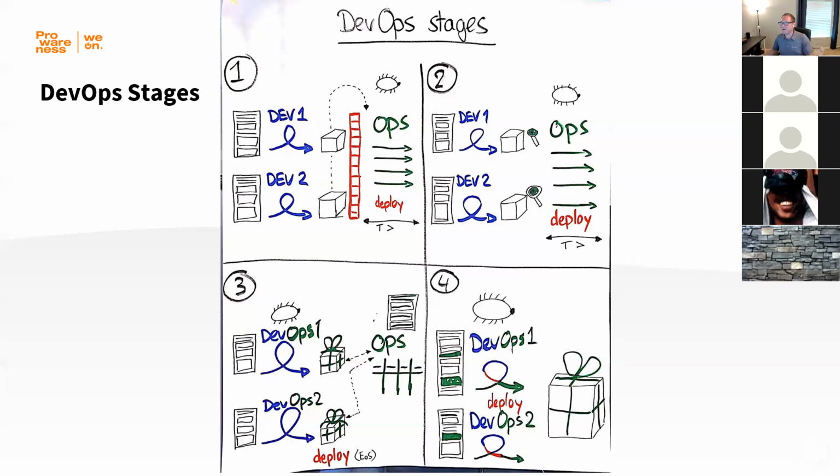Because you want to get that value out there. So that's sort of like the traditional environment. So if you start breaking down that barrier a little bit, you're going to be moving to stage number 2,